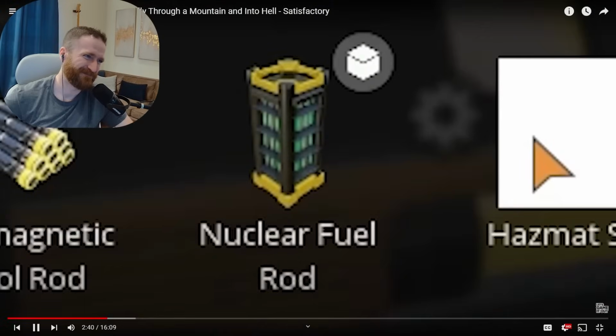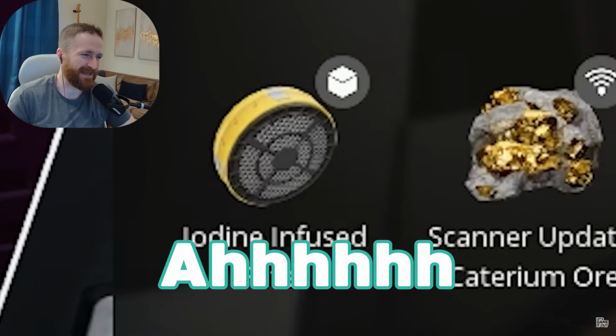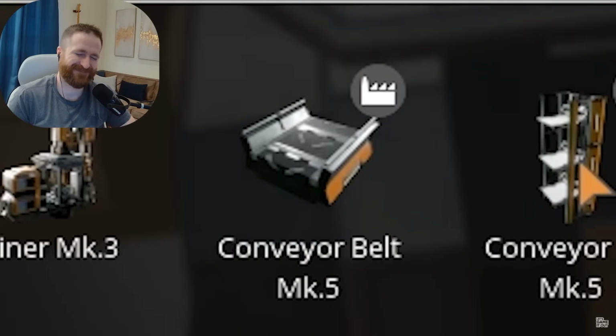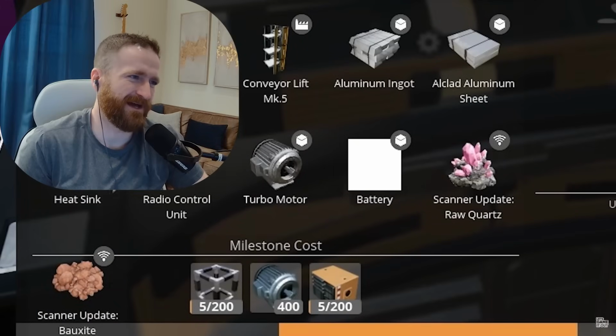Control rods, nuclear phone booth, and then this white square, which if you use your imagination, you can see a hazmat suit in there. Filters, and then yes, new thingamajigs for my scanner. And then we've got Bayer process. Ooh, miner Mark 3, conveyor belt Mark 5, a la carte aluminum sheets, that thing I had trouble putting on my processor, my cup runneth over, there's